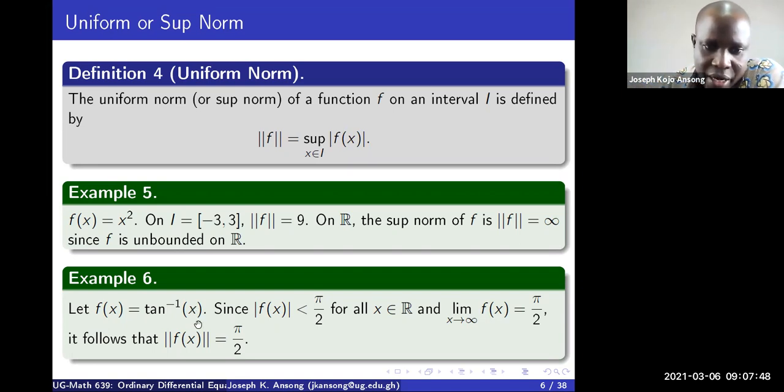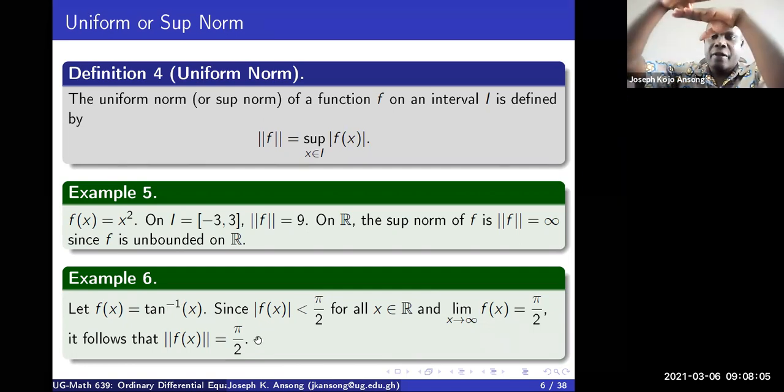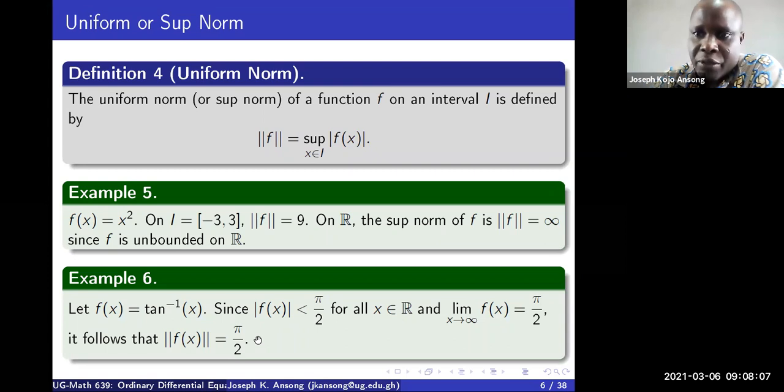All right. So we know that the absolute value of this is less than pi over 2 for all x in R. And the limit as x goes to infinity of the tan inverse of x is pi over 2, which means that the sup norm of tan inverse of x is pi over 2. There is no number smaller than, if you like, pi over 2. It is the upper limit. Okay, good. So these are two examples of